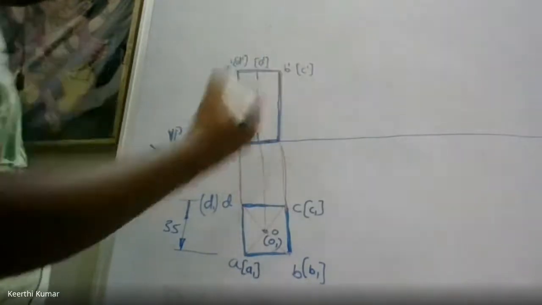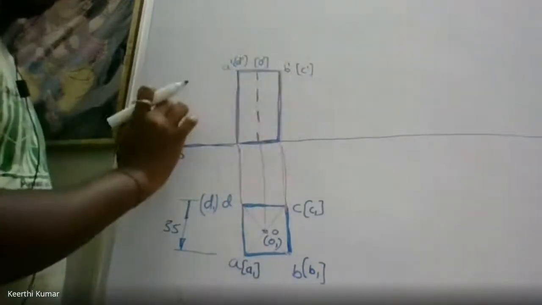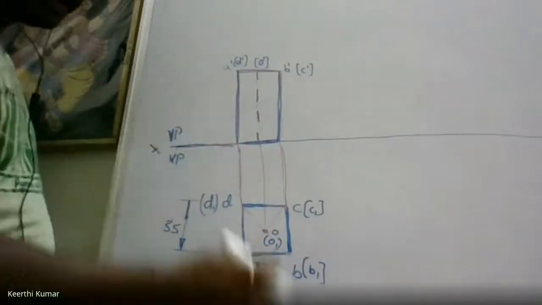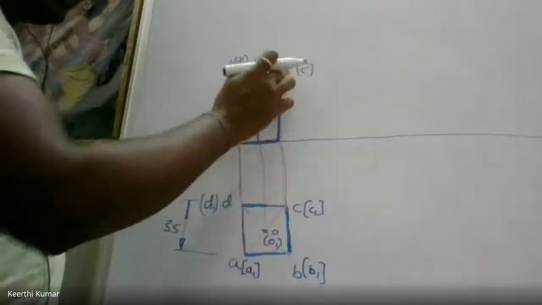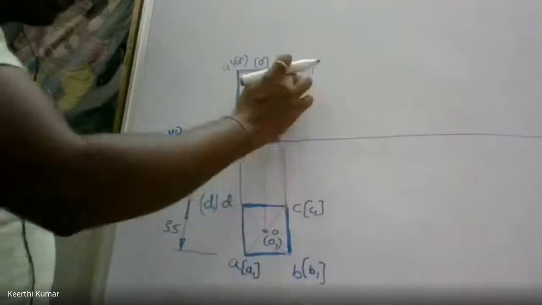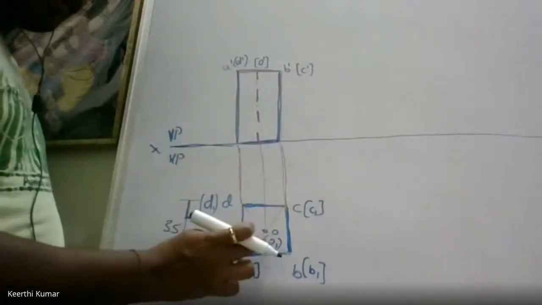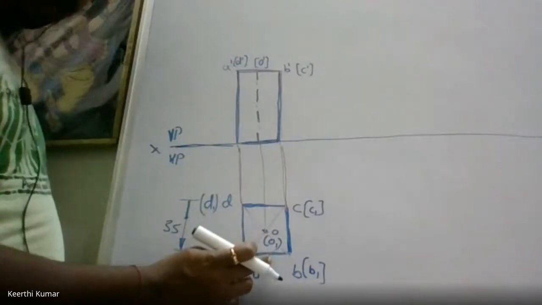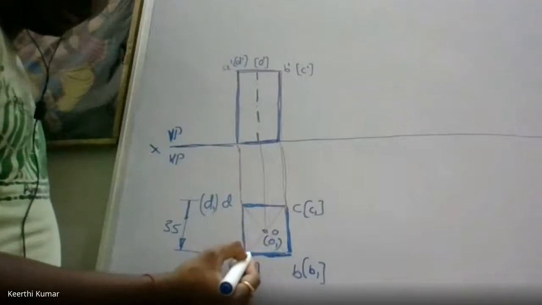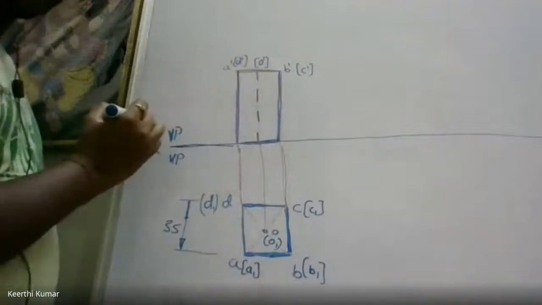Can anybody tell how you got this? This is assuming that there is no solid. Let us assume this is a lamina. If there is only A, B, C, D, how will you name it? A, as it is A dash. If I see from the base, B, hence it is in VP, it will be B dash. If I see here, the point C is there behind B, so I have written C dash in bracket, D dash in bracket. And if I see here, the point O is here. Before that there is no point, of course, but there is a solid edge here. Because of this edge I cannot see the O, so I put the O in bracket.